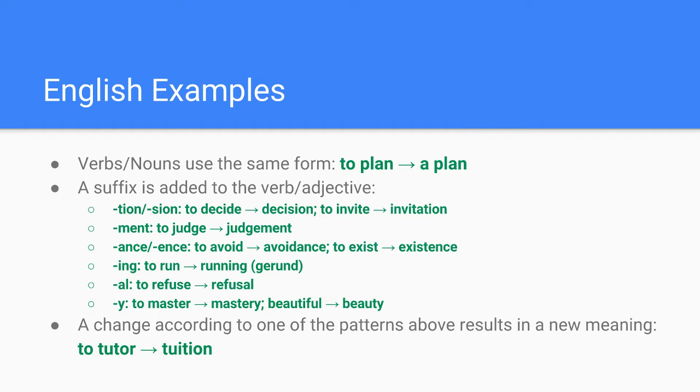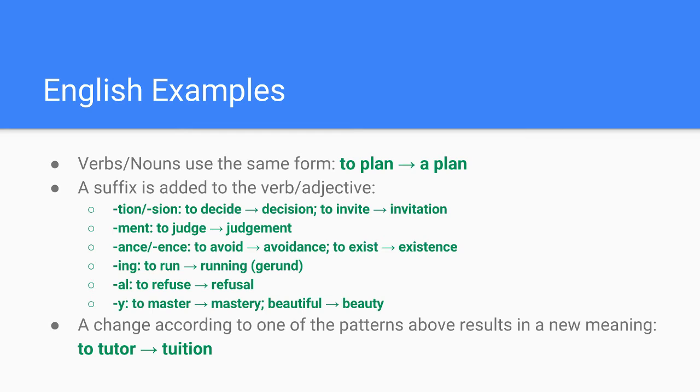One particular thing to note here is that when you add the -ing ending to create a form like to run becomes the noun running, that is a specific grammatical form called a gerund, running. And that could be important for writing at some point. So it's a thing to note, even though it's not necessarily relevant for your research paper.